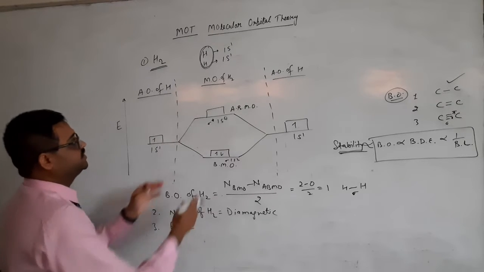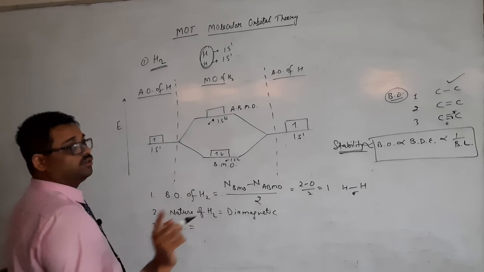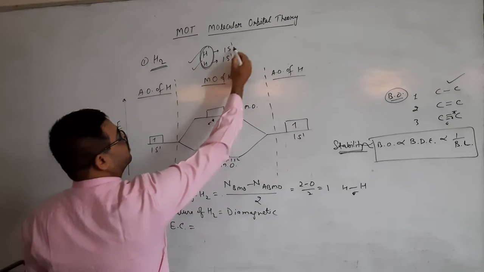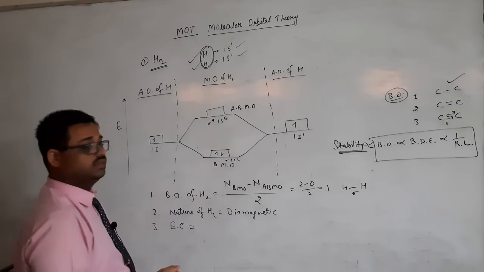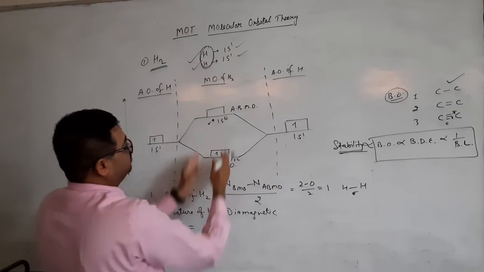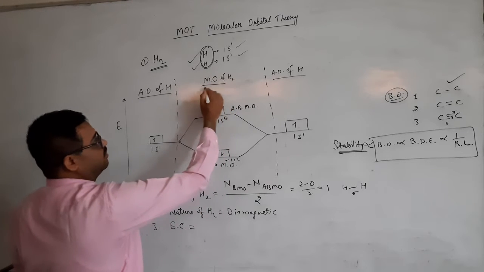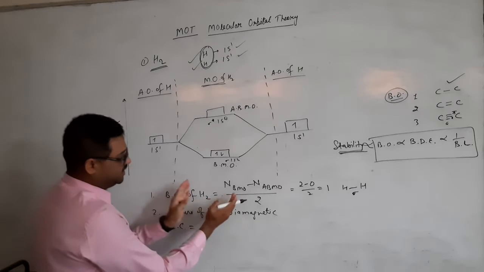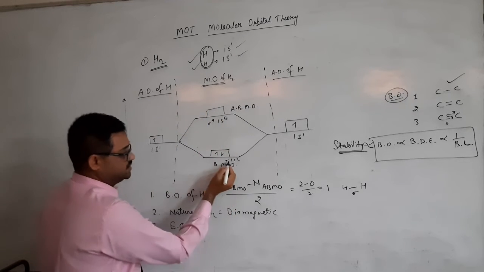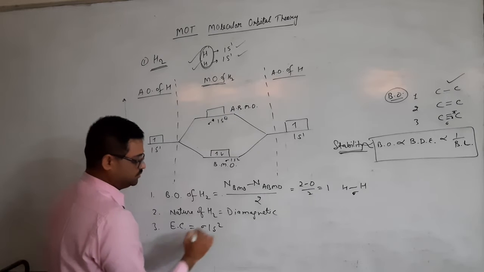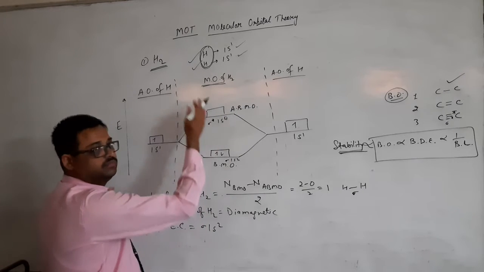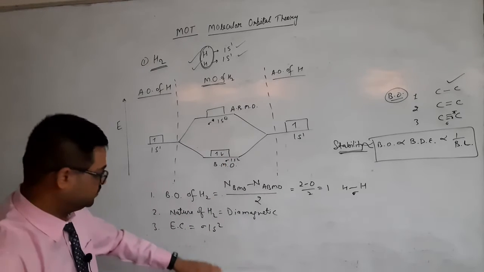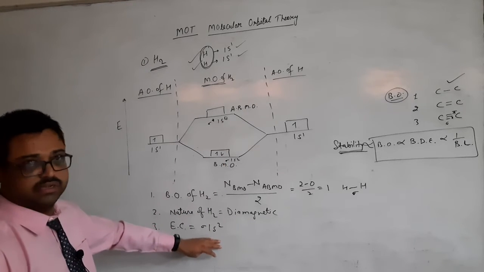What is the electronic configuration of the H2 molecule? I am not talking about the atomic electronic configuration; that is already written there. Now the question arises about the molecular orbital. So, the MO of H2. We write from the downward to the upward direction. This is sigma 1s2. If there were an electron in the antibonding orbital I would have to write it, but there is no electron, so there is no need to write it. So this is the electronic configuration of the H2 molecule.